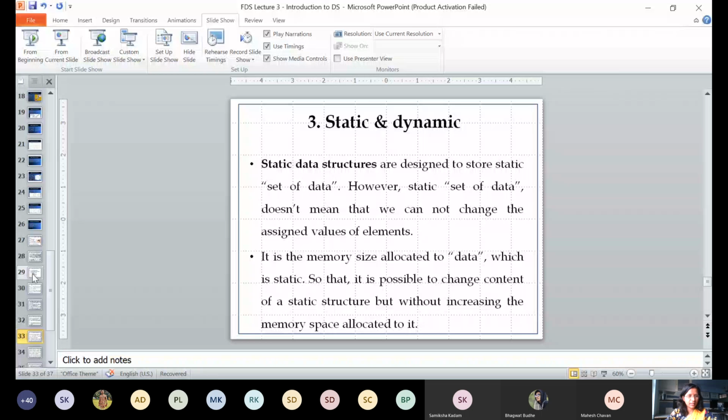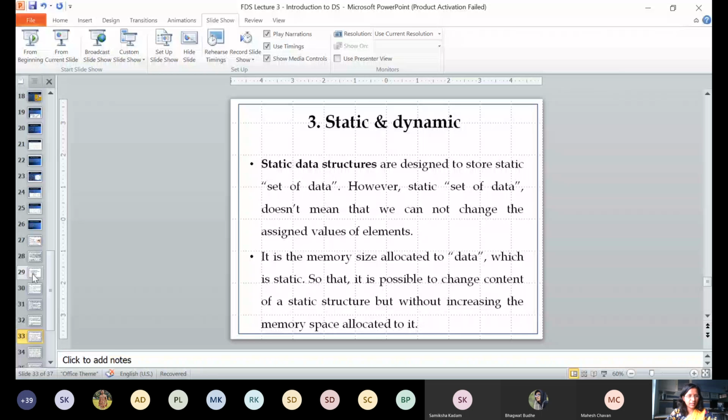And when this static allocation is to be done, see, there are two types of how memory can be allocated to your data. One is at compile time and the other is at run time. Compile time is when you are declaring or writing variables directly in the program before compilation. So those variables use static memory allocation. And dynamic is when memory is allocated at runtime.